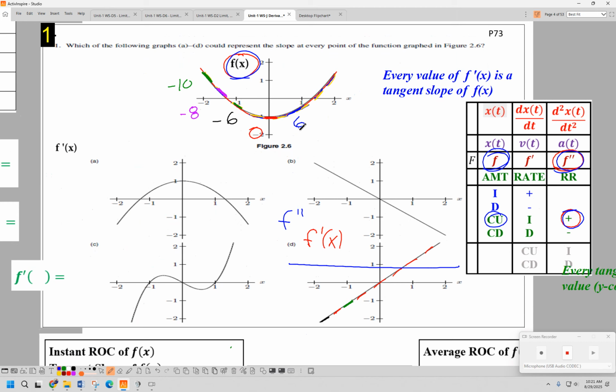Cash Dowdle. Cash, this slope right here, positive. More positive than 6 or less positive than 6? More. More positive than 6. So like maybe 8. So as you look at the values of the slopes of f, hands up everybody, are